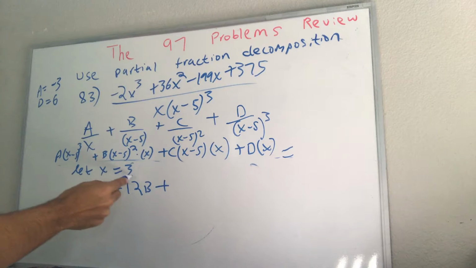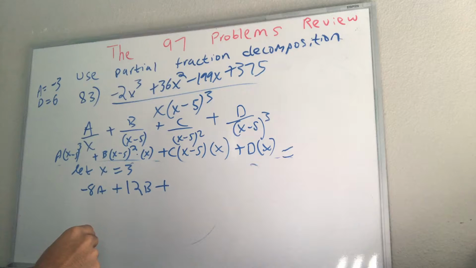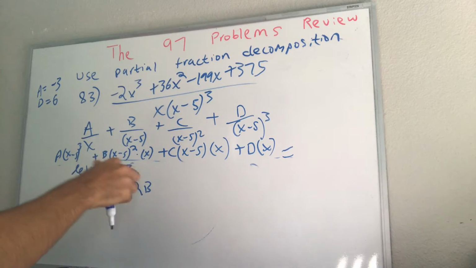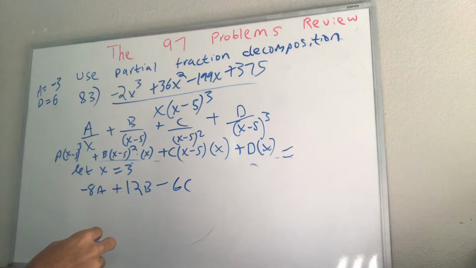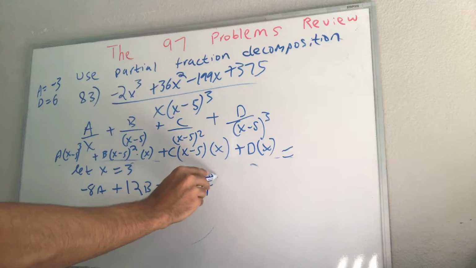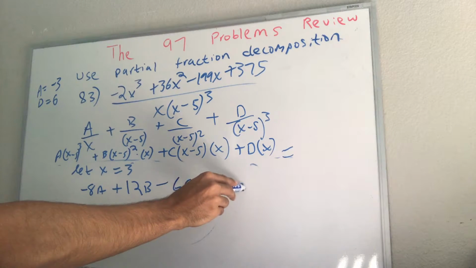So we said let x is equal to 3, so we have negative 2 times 3, negative 6, negative 6C here, right? And then we have Dx. Well, we know D is already 6, and 6 times 3 is 18, and this is equal to